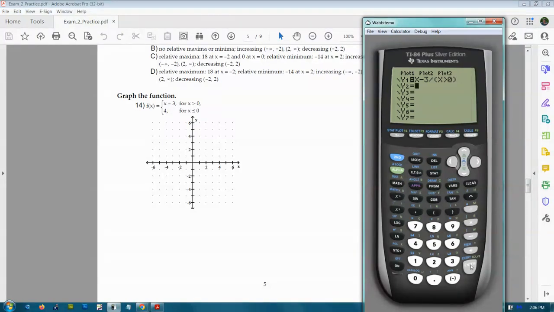Hit enter, and then the second function is 4, provided that x is less than or equal to 0. X, second function math, once again, less than or equal to, that's number 6, less than or equal to 0. Close your parenthesis up, hit enter, and now go to your graph,